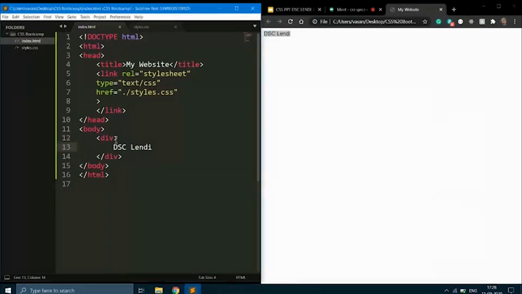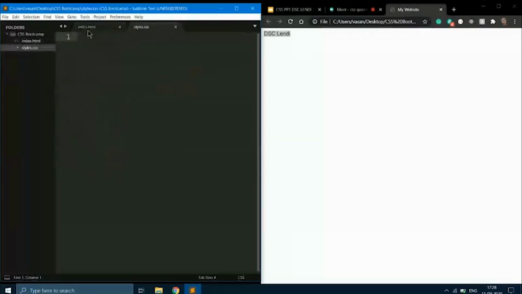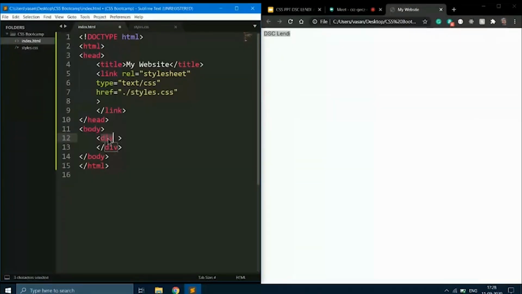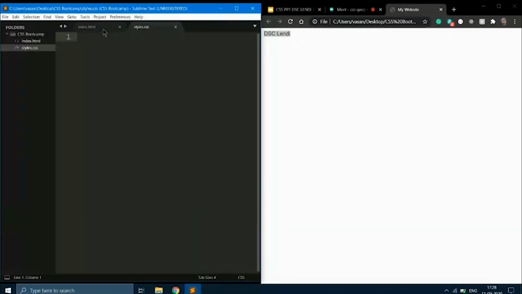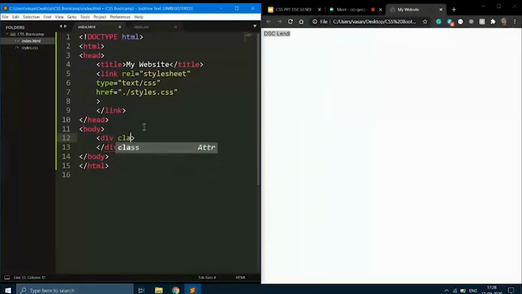So now I'm going to take this div tag. There are two concepts before moving further. As you can see, we have applied a selector; we are taking the selector and applying the CSS to that selector. There is another attribute called class, where you can give any name of your wish. For now, I'm going to say flexbox, and this flexbox is going to be the identifier for this div element.